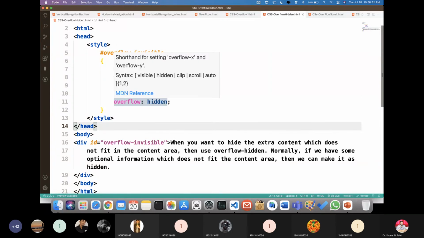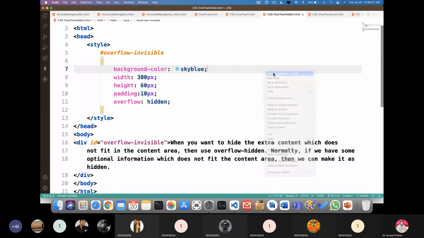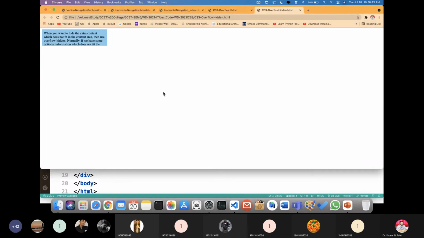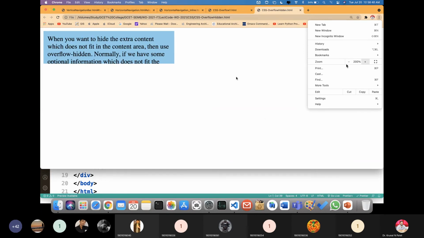Here you have to set overflow colon hidden, along with the width and height of the box, and the content. Now if I execute this code, you can see the same output I showed in the PPT.